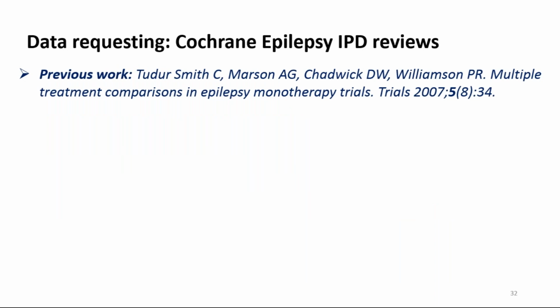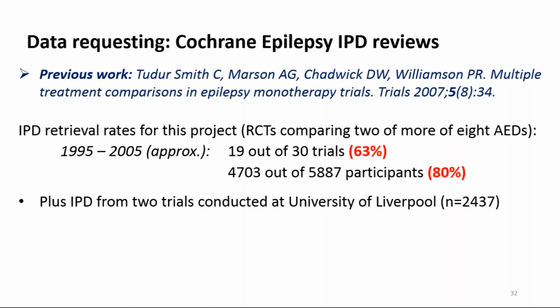So again, just to take a step back, a little bit of a history lesson, our team has done some work in this area before, and our team published a previous IPD network meta-analysis of epilepsy trials in 2007. For this particular project, the team requested data from 30 trials and got data from 19 of those, so 63% of the trials' data was provided. And in terms of patients, 4,703 patients' data was provided out of nearly 6,000, so around 80% of data is